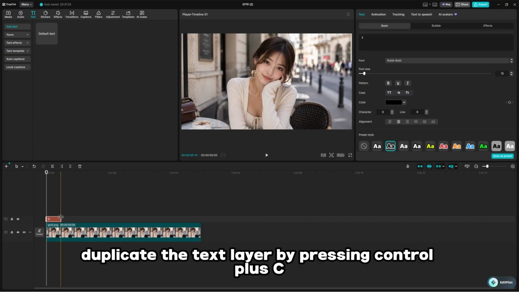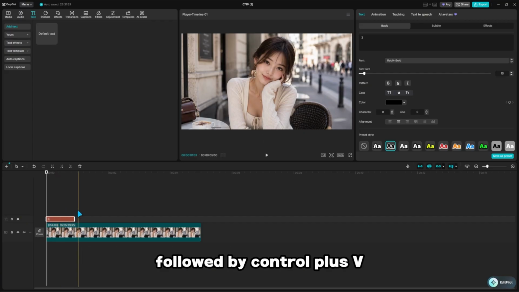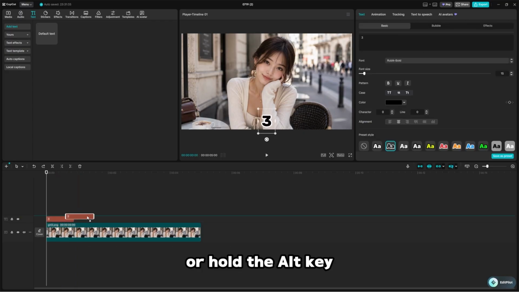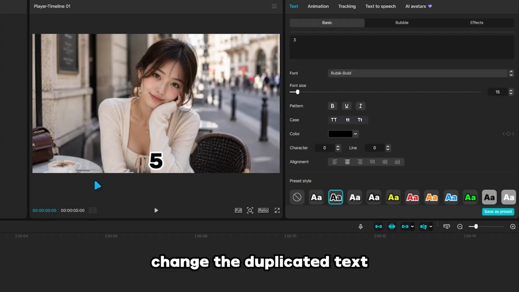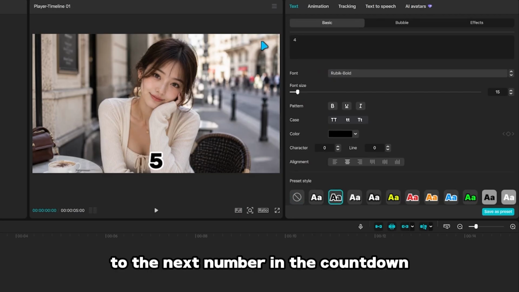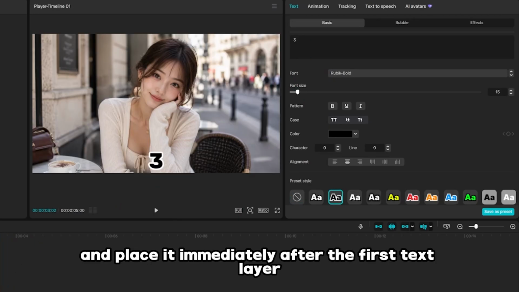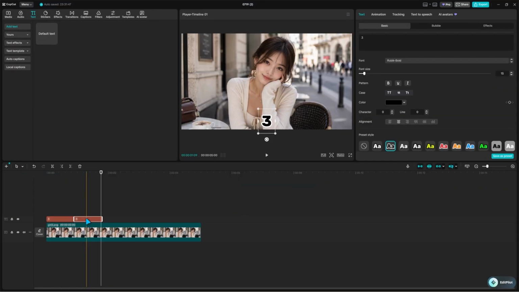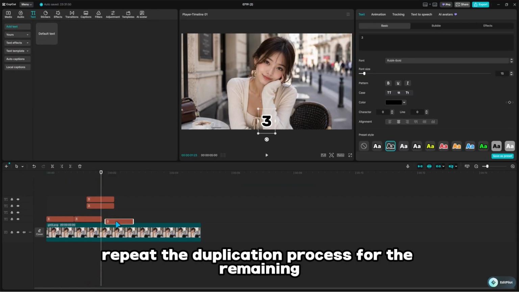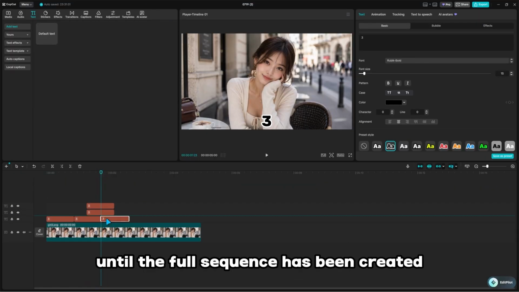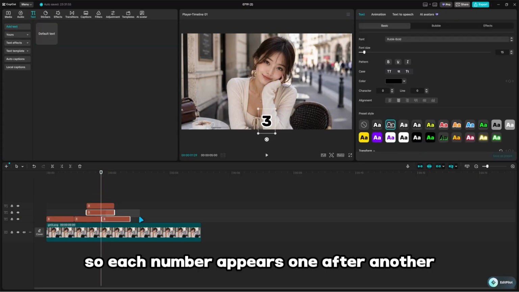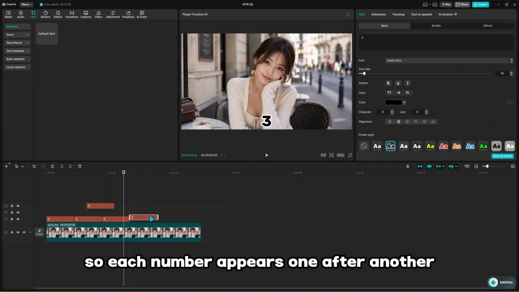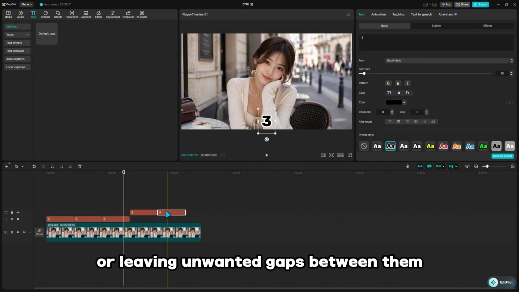Duplicate the text layer by pressing Ctrl+C followed by Ctrl+V, or hold the Alt key while dragging the text layer to create a copy. Change the duplicated text to the next number in the countdown and place it immediately after the first text layer on the timeline. Repeat the duplication process for the remaining countdown numbers until the full sequence has been created. Align all of the text layers carefully so each number appears one after another without overlapping or leaving unwanted gaps